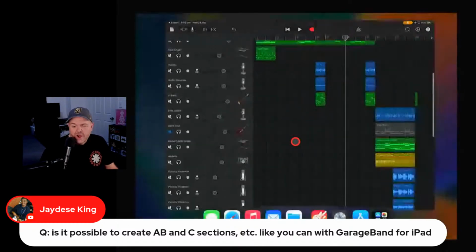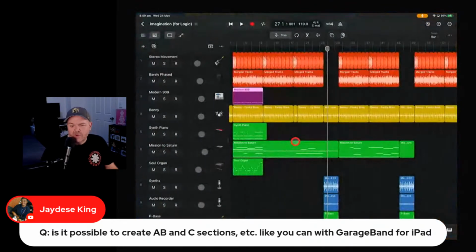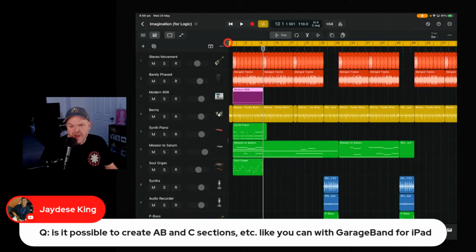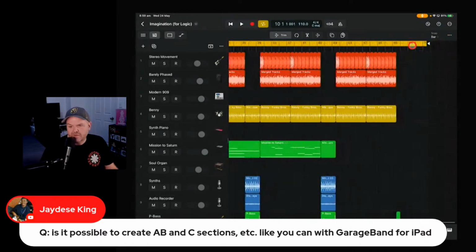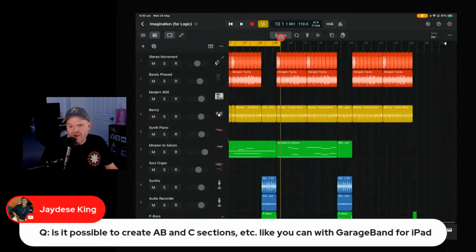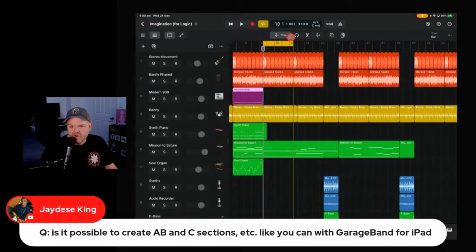In Logic Pro, we don't have any sections at all, but we do have cycle mode. So it's kind of the same. What you do here, say you wanted to record a part in this first verse, is you turn cycle on, which is this one here, and then you drag your cycle to the front, and then go to the very end of the project and drag your cycle to the end of the section that you want to do, and then when you're playing back or recording, it'll only play back that section.